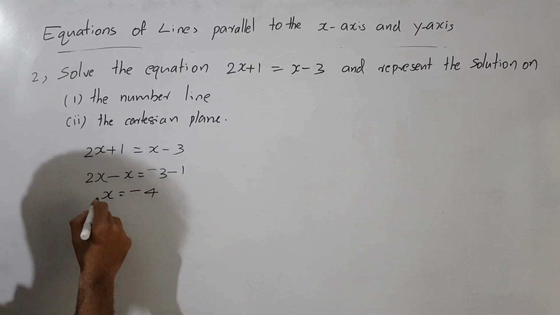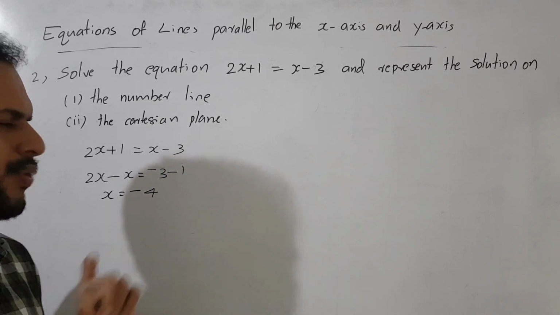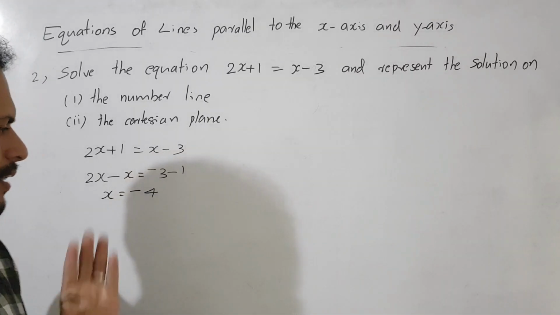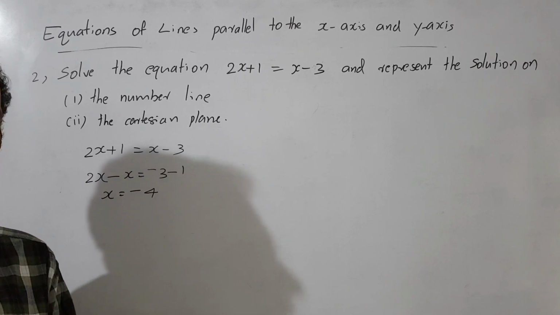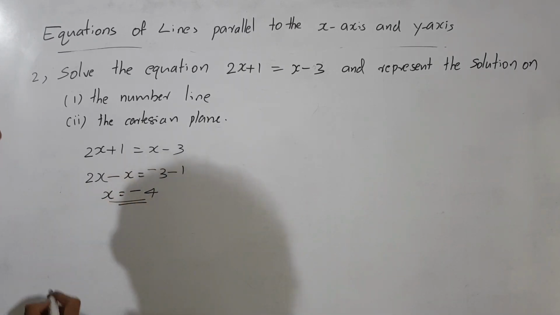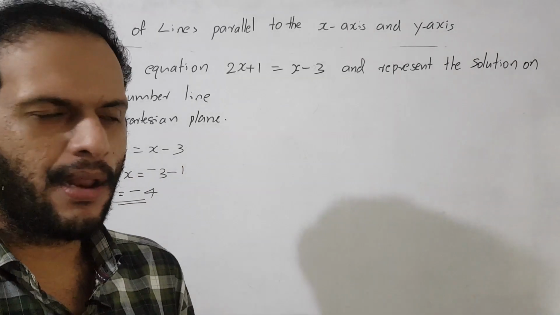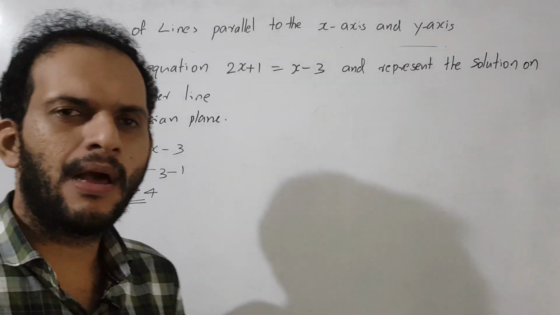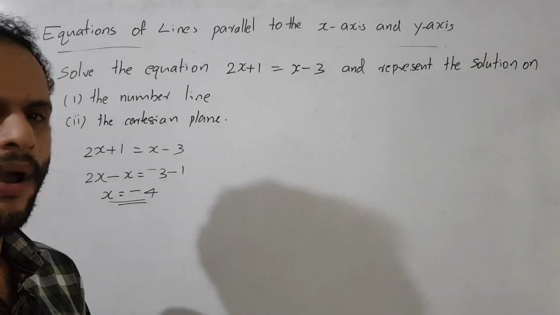Now we got it, the equation is in the form of x is equal to minus 4. That is x is equal to a form, correct? X is equal to a form, now it is very clear. The graph of this equation is, yes, parallel to the y axis. This one is in the form of x is equal to a form, so the graph is parallel to the y axis. X is equal to a number formula, the graph is parallel to the y axis.